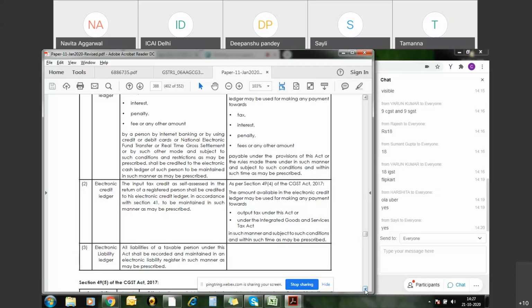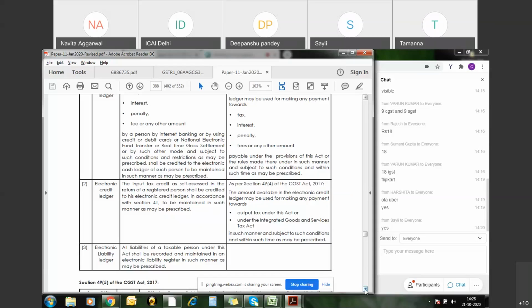This is a chain. Actually, there are four people in this supply chain: Mr. A, B, C, D. A is supplying the material to B, B is supplying material to C, and C is supplying to D. When A makes sales to B, B is using that material in the course of furtherance of the business. So B is procuring the material, paying the ITC on that. Then B will process it and sell it to C. So B is collecting the tax, at the same time as procuring the material.